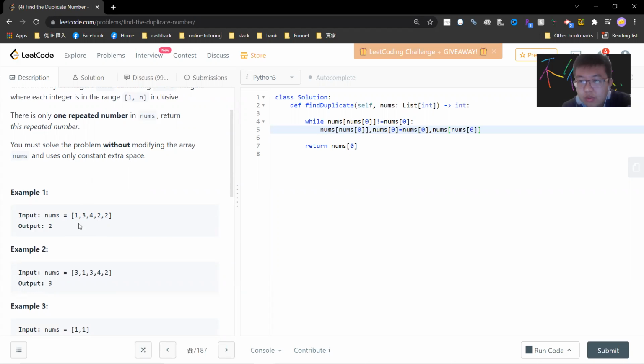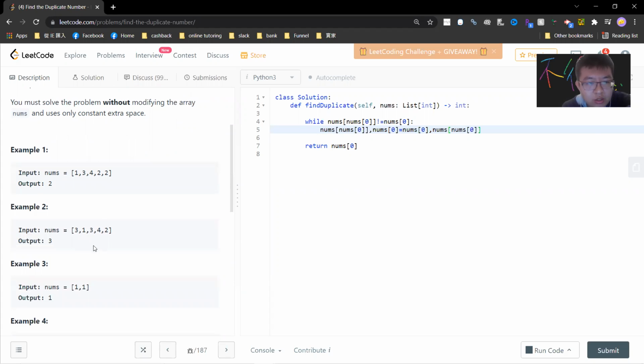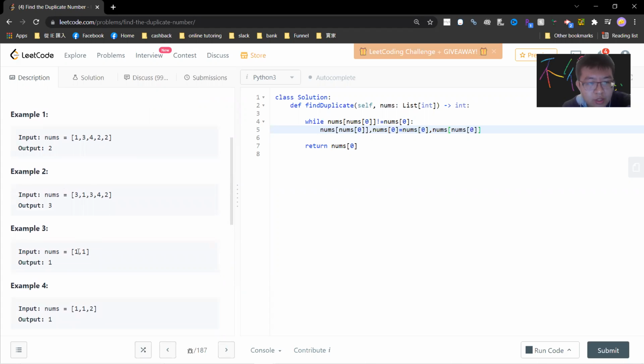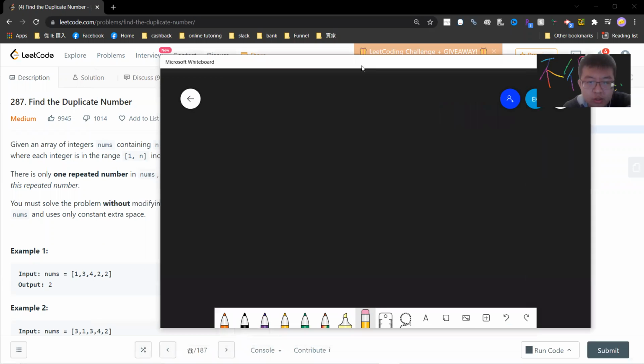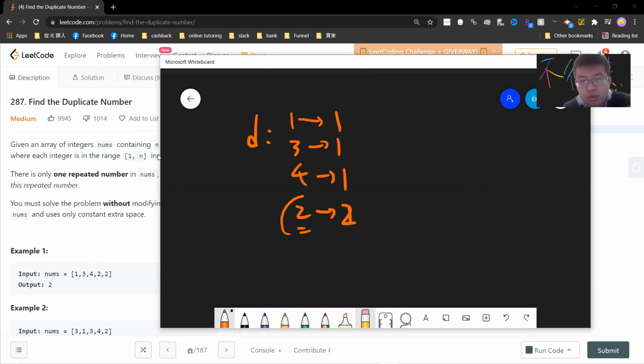So for example, 1, 3, 4, 2, 2. Let's see the simple idea. If you don't care about the constraints, it's very easy. You can just create a dictionary and count. 1 count 1, 3 count 1, 4 count 1, 2 count 1, and then you see 2 again, count 2. So the answer is 2. This method does not modify the array,